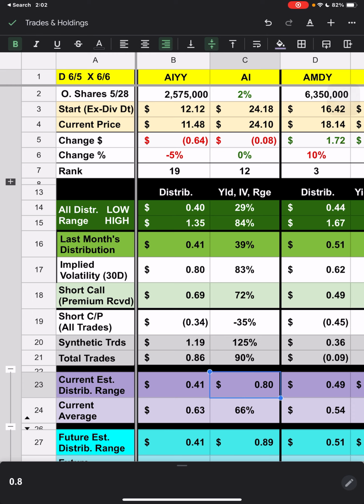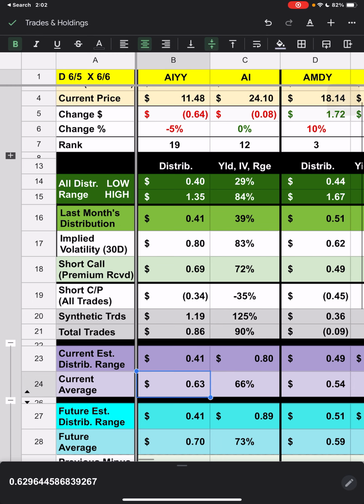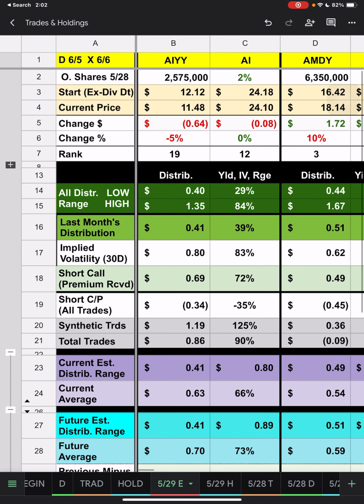So again, this is just a range. And then, of course, we do an average with those as well. I've still left the future distributions on there. So that's another reason why the things could be different a little bit, because now we've taken out a day of using for our averages. So anyway, we're just going to run through here. And again, all the data's here. You can see it, you can pause the video or whatever, but we're really just going to look to see the bottom there as far as what we look like at the future estimate, distribution range, and average.